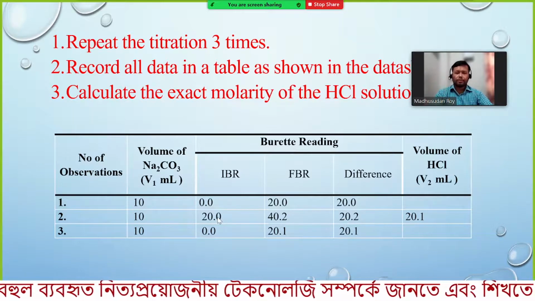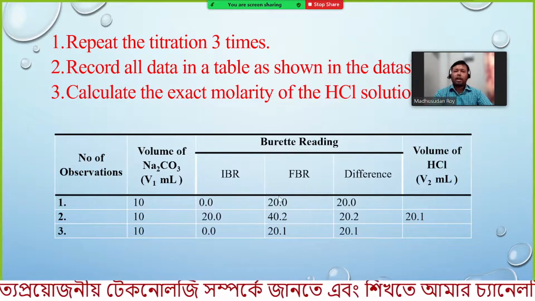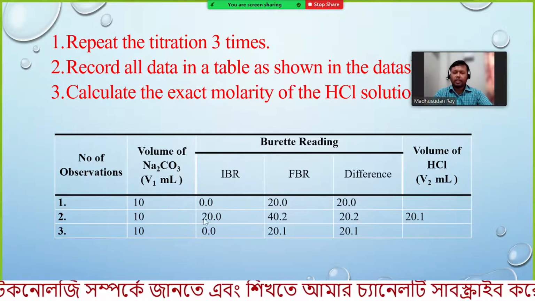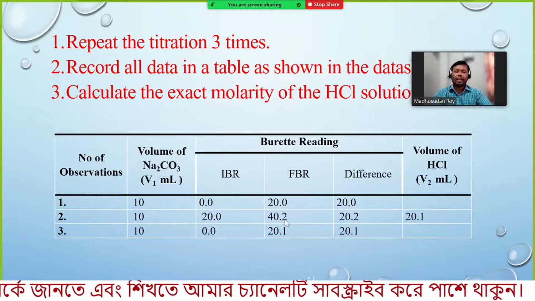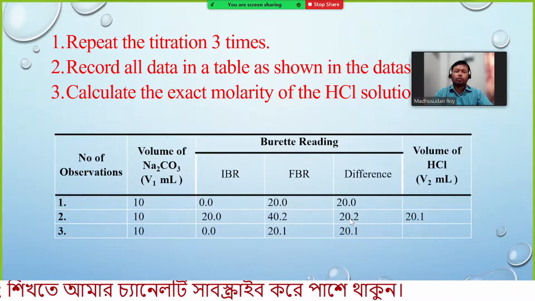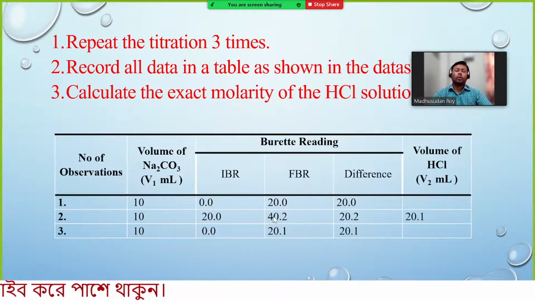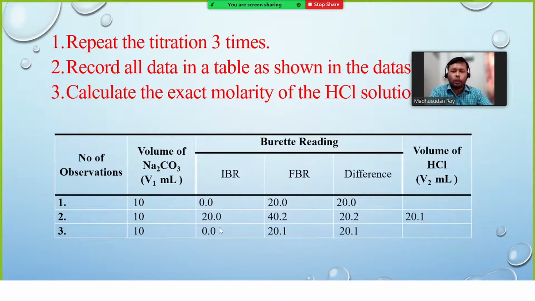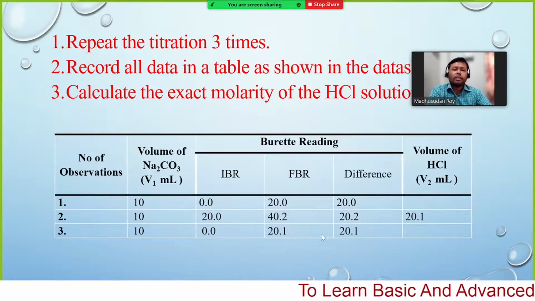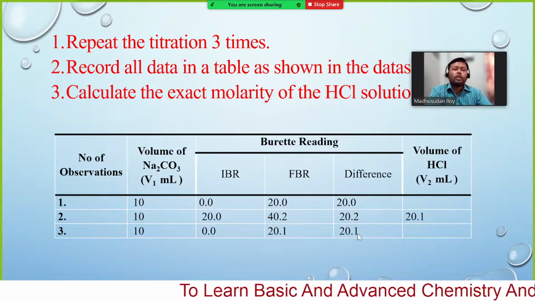So we are getting these types of numbers. After the first experiment you will have the initial reading 20, and then we are getting the final reading 40.2. Then what is the volume we have added? 20.2 milliliter. Again, as already mentioned, for a burette we have a maximum of 50 ml. So if we need another 20 ml, we cannot add 20 ml at the same time. So just fill the burette once again, make it up to the 0 mark, and then add hydrochloric acid from the burette to titrate the sodium carbonate. Let us consider we are having 20.1 ml.